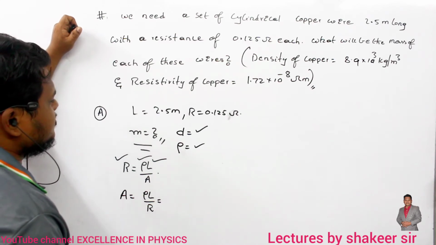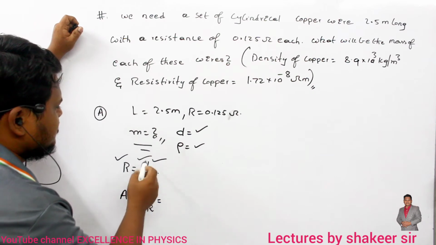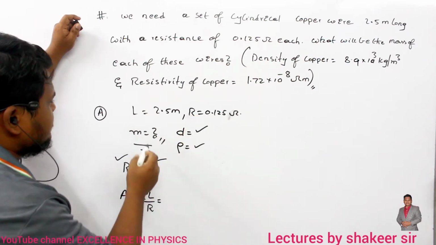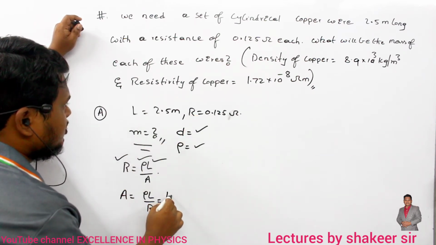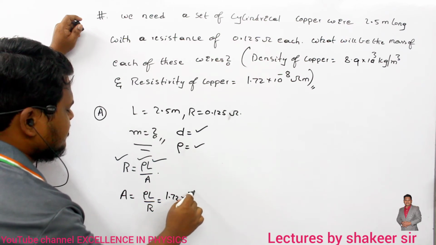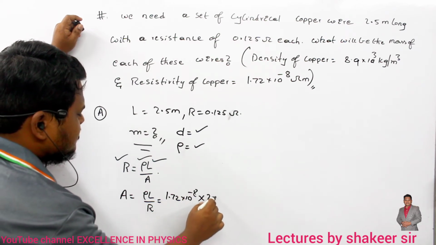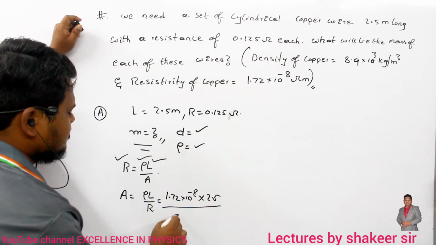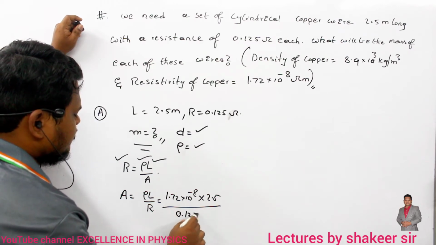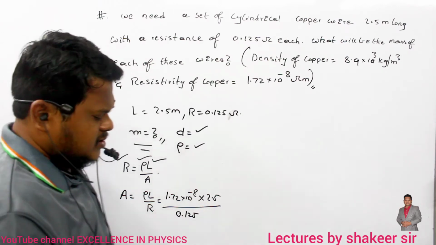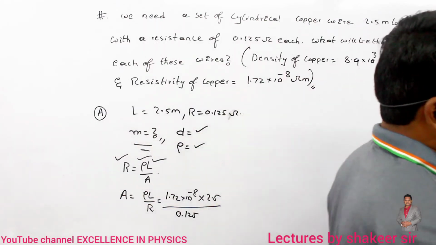Clear? So rho means resistivity. Resistivity is 1.72 into 10 power minus 8. Length of each of these copper wires is 2.5 and resistance is 0.125. Clear now? So area of cross section we have calculated, but we are supposed to find out